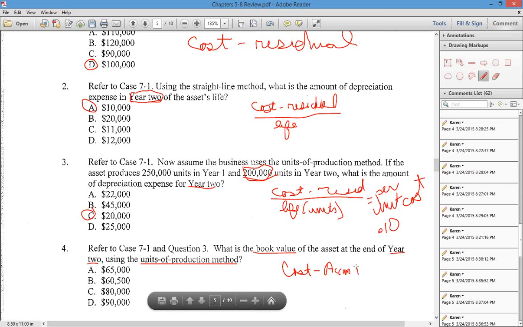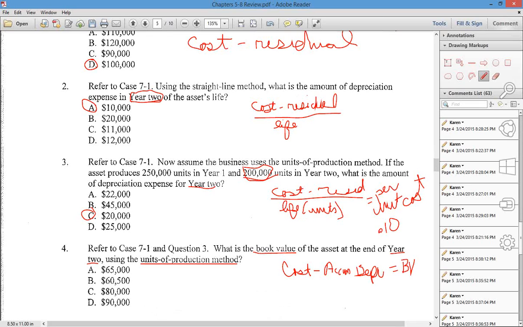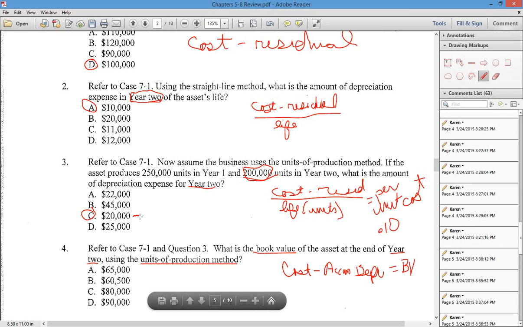Cost minus accumulated depreciation equals book value. So we have to compute. We know what it is in year 2 under units of production. In year 2 under units of production, it was 20,000,